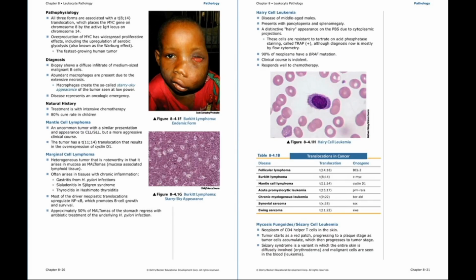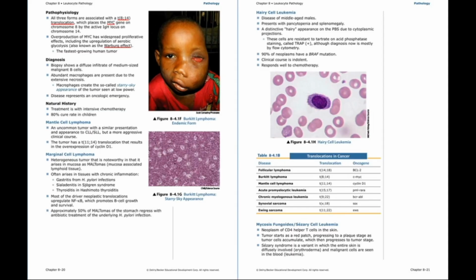All three forms of Burkitt lymphoma are associated with translocation of 8 to 14 chromosomes. This places the MYC gene on chromosome 8 beside that very active IGH locus on chromosome 14. Remember that MYC is a transcription factor with widespread proliferative activities, including the upregulation of aerobic glycolysis, the so-called Warburg effect. Burkitt lymphomas are the fastest growing human tumors, and the diagnosis in a child really is tantamount to a